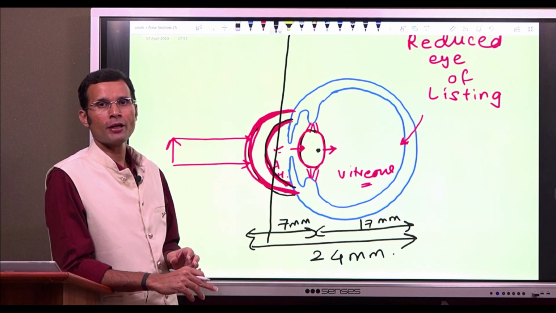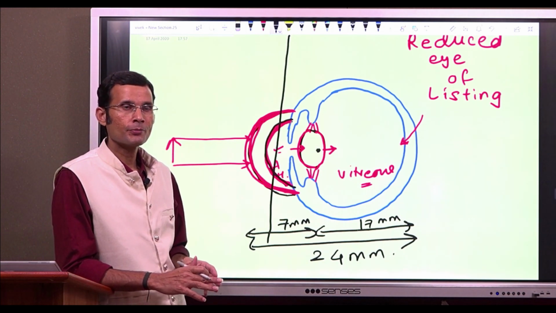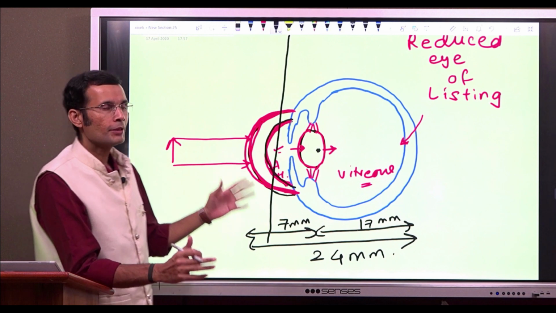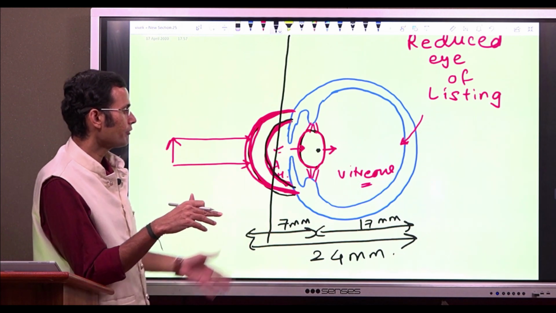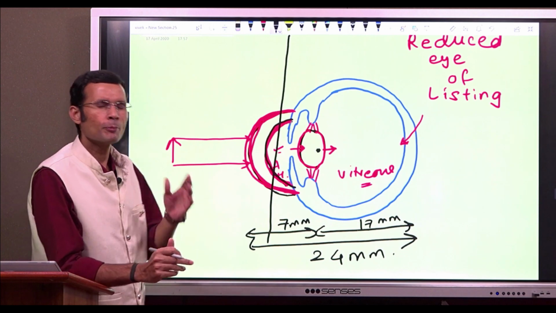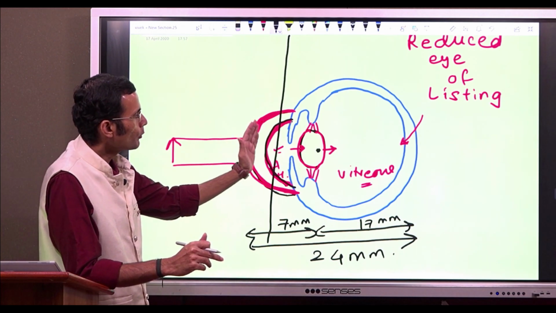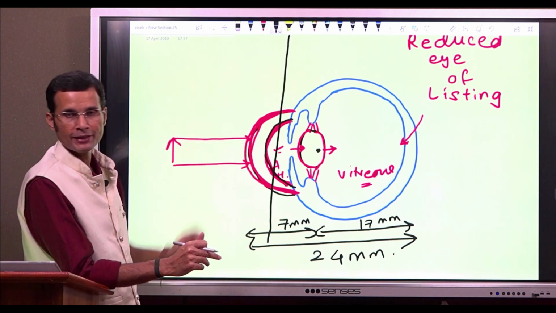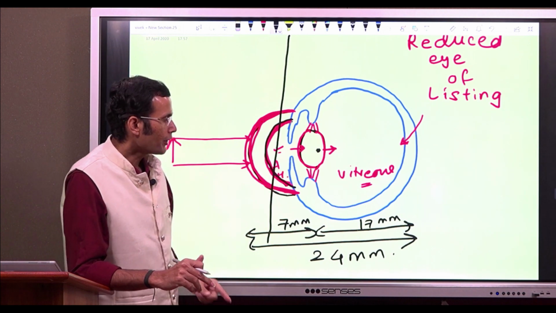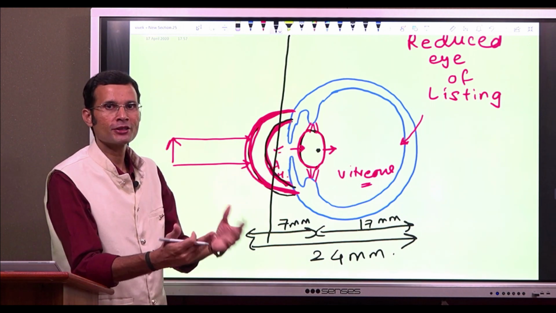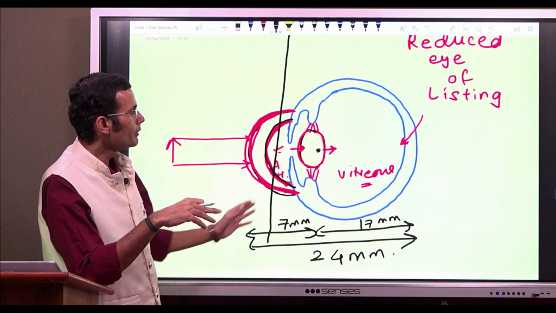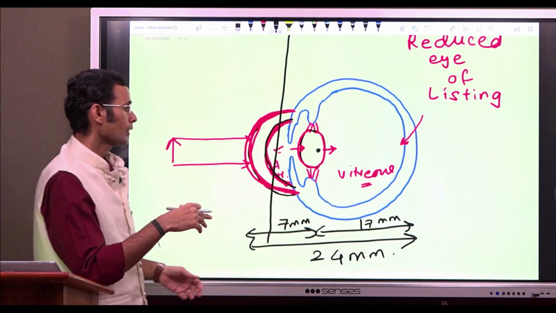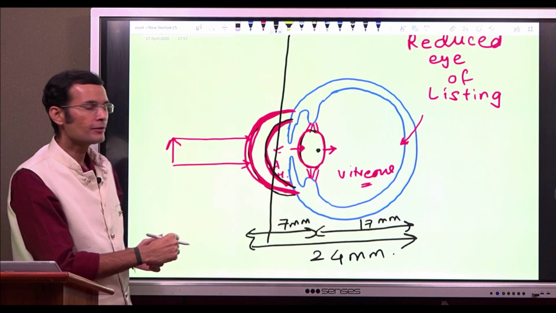So, two things I have mentioned so far: the principal plane of refraction in such a schematic eye, a single plane we will consider instead of all those four surfaces. They were algebraically added to have one single plane of refraction, which is just about 1.4 millimeters behind the posterior surface of the cornea, that is in the aqueous humor, as you can see here. Then the nodal point of such a schematic eye is 7 millimeters behind the cornea or 17 millimeters in front of the retina. Total length of the eyeball is 24 millimeters.